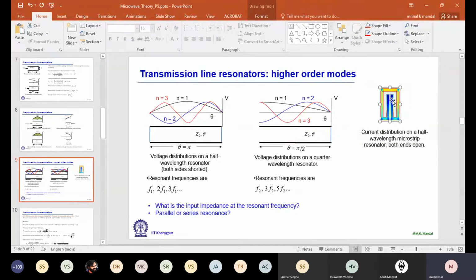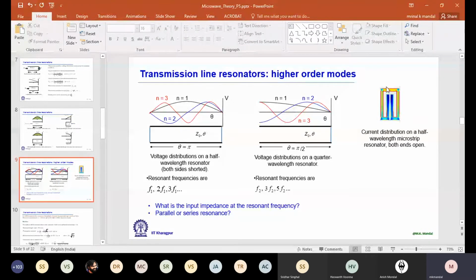As I discussed, we don't want to use quarter wavelength, to keep the unloaded quality factor high. So this is one example of miniaturization. What they did, if you look here, this is the top view actually. The end part they bend in this form, but it is actually a half wavelength resonator. And from the distribution you can see this is the JS on the strip.